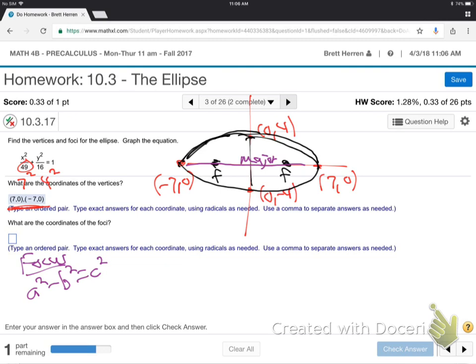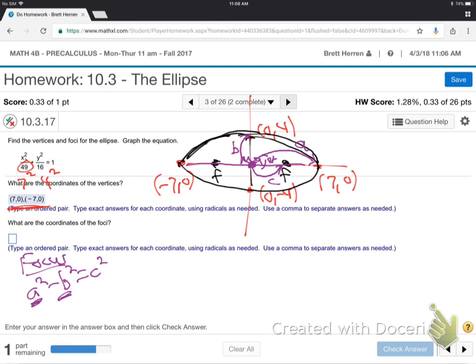So again, what are a and b? It means how far from the center all the way over to here. That's a. And then backward, same thing. And what's b? b's how far up to the other edge. So a and b are how far from the center to the edge. Well, what's c? How far from the center to the focus? That's c. So a and b are center to edge, c is center to focus. And the other thing is when you're subtracting two things, you've got to put the bigger one first,